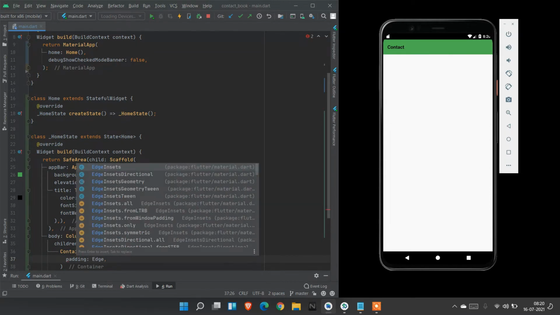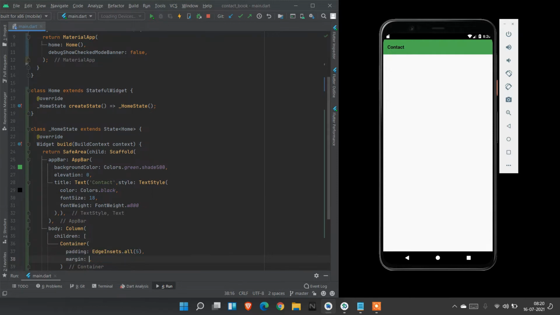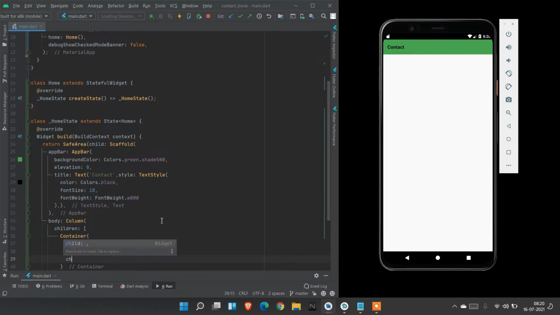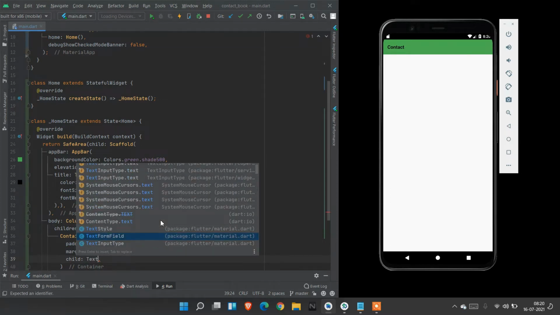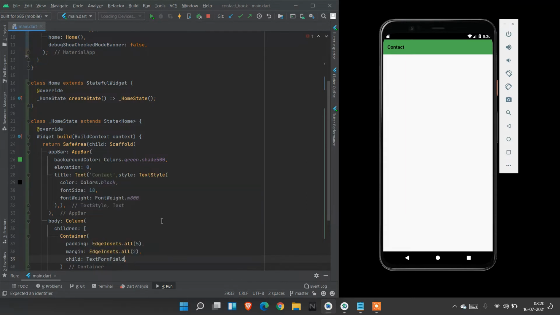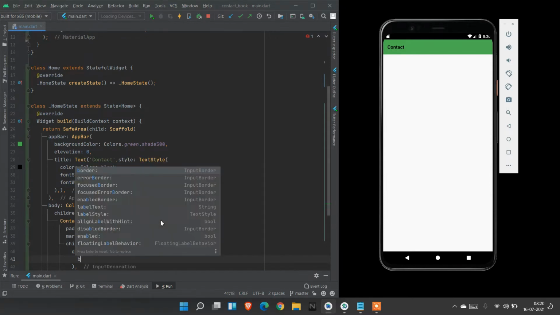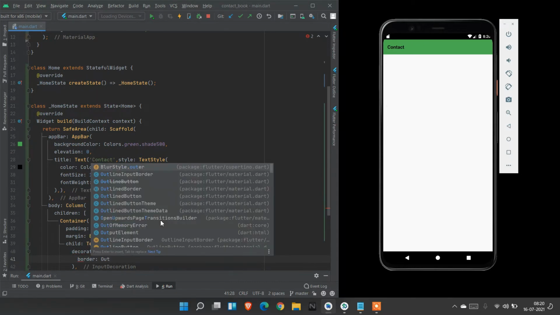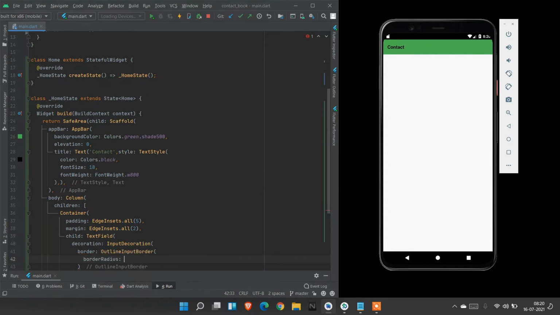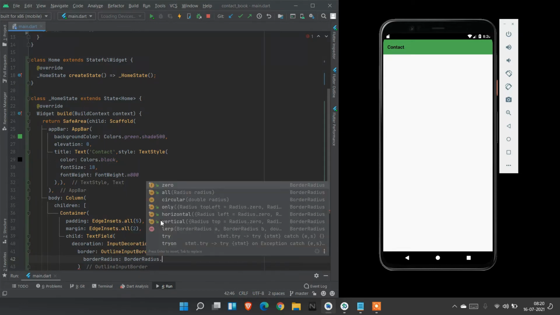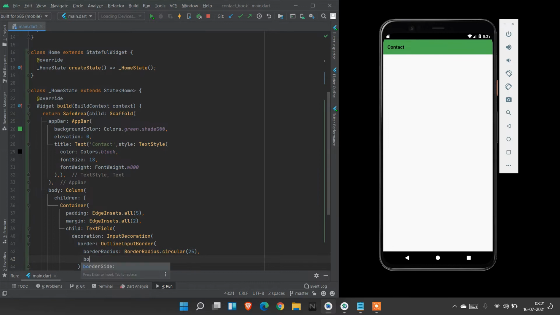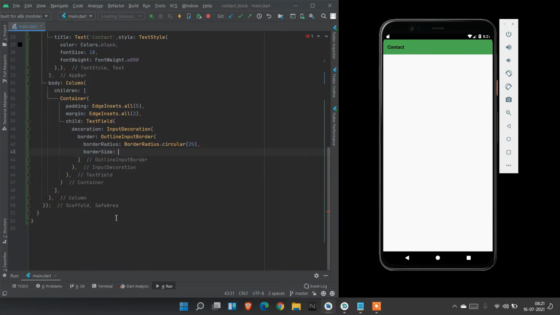Padding EdgeInsets.all of 5 and margin EdgeInsets.all of 2, and our child property is TextField. TextField decoration, InputDecoration, border, OutlineInputBorder, and inside the border radius, BorderRadius.circular of 25 and borderSide. We don't need borderSide, so I delete this.